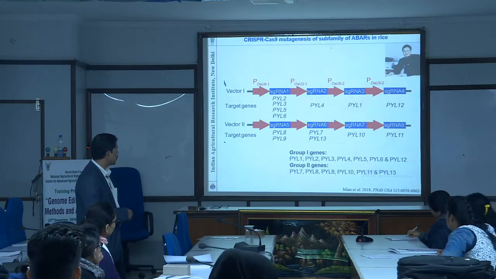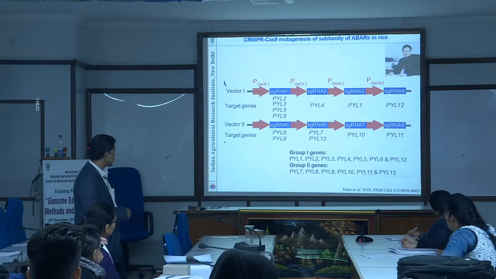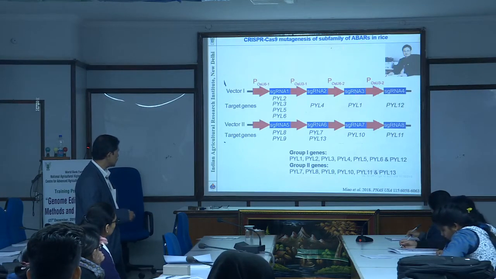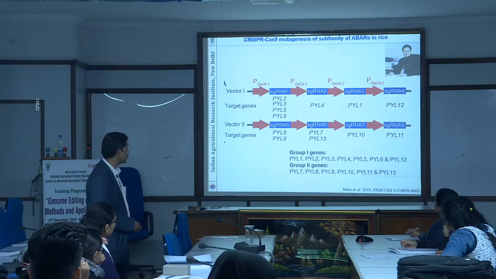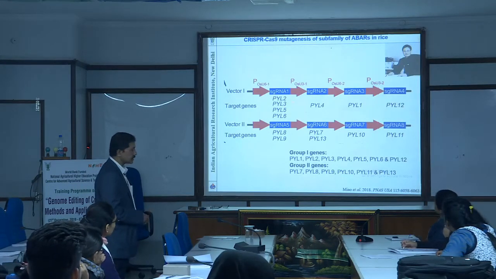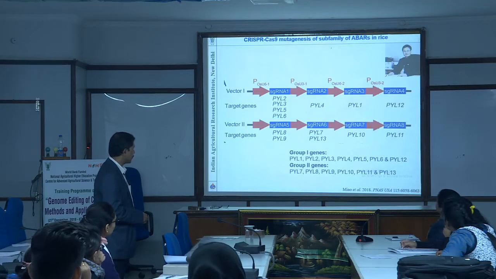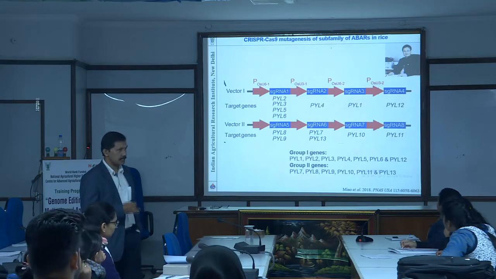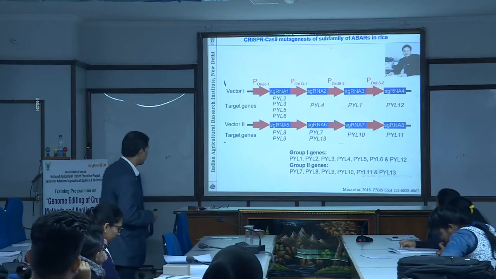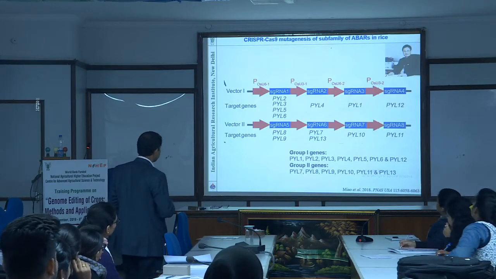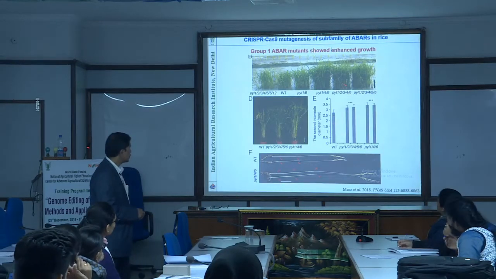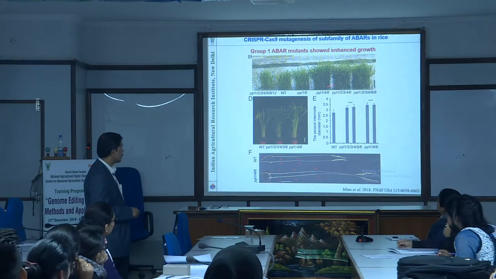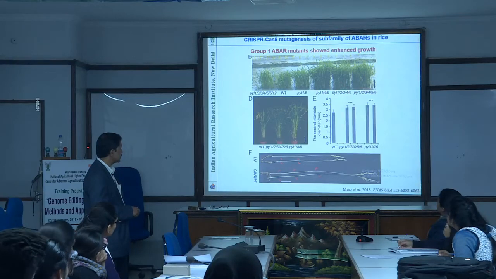So in order to study these ABA receptors, Zhengkang Zhu's lab mutagenized all the ABA receptors using CRISPR-Cas9 technology, and they also obtained single, double, triple, and all kinds of mutants in different combinations, and studied their yield performance. So this is one of the studies where if you mutagenize these ABA receptors,